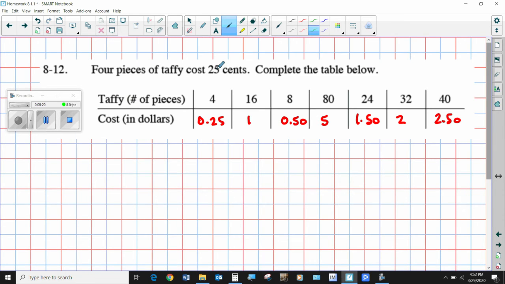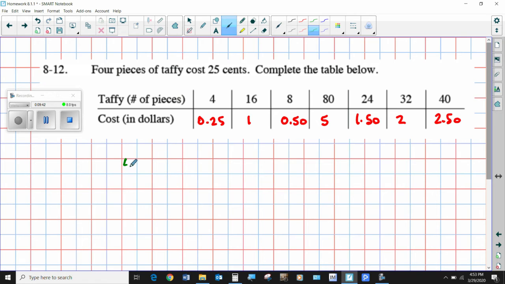4 pieces of taffy cost 25 cents. How do we know this is proportional? If your answer was, if you don't buy any taffy, you don't spend any money, and that each piece of candy should cost the same amount, then you're exactly right. That's what makes this proportional. So you could set up